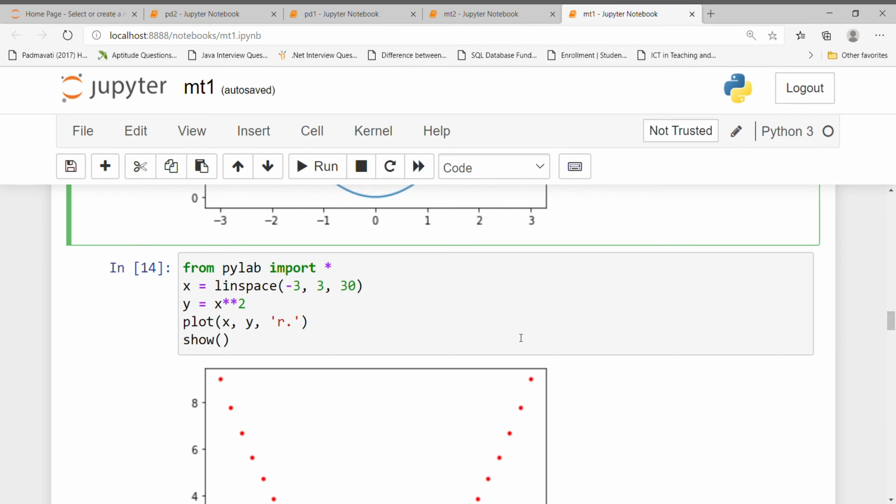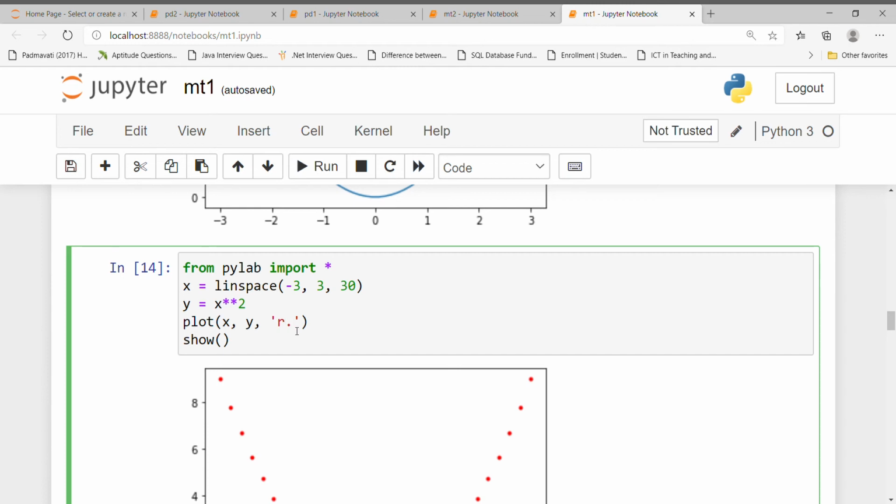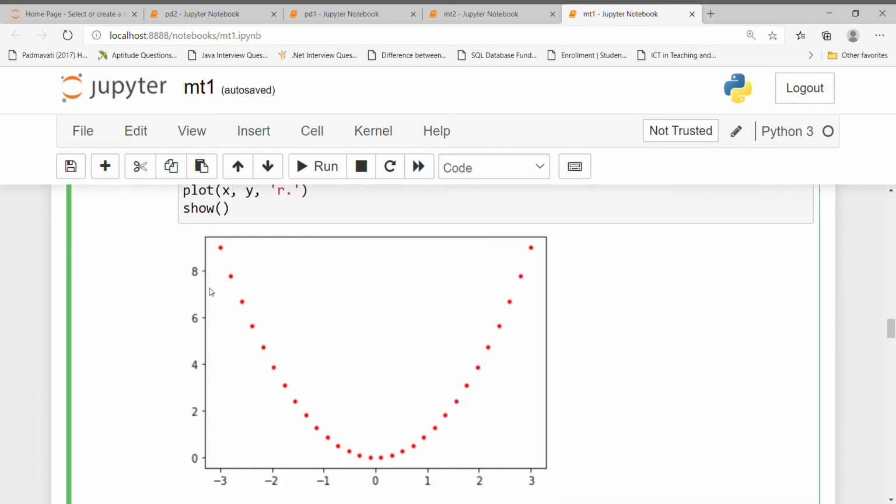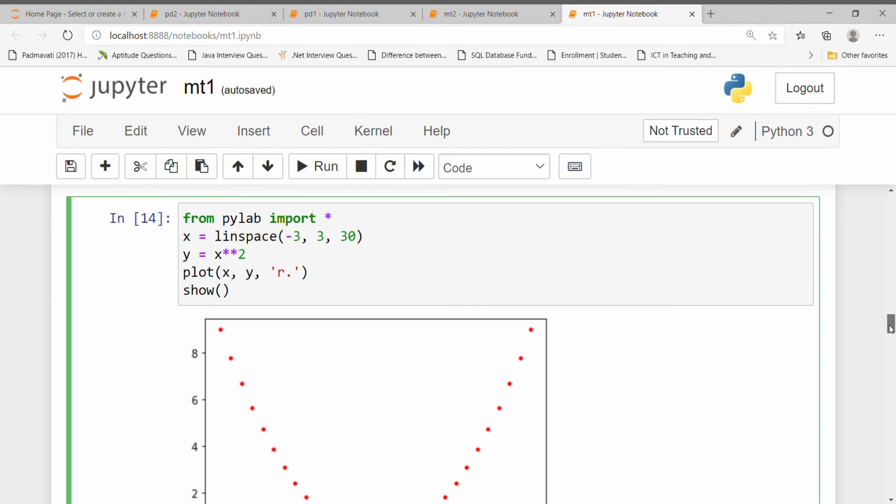For that here I have used R and dot. R is nothing but red color and dot is nothing but I have to display my data using these dots. You can compare here. Here we have used R dot. That's why we see these red color dots for the plot.